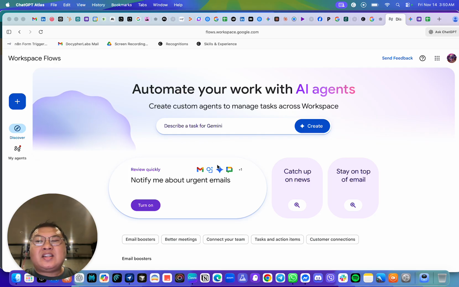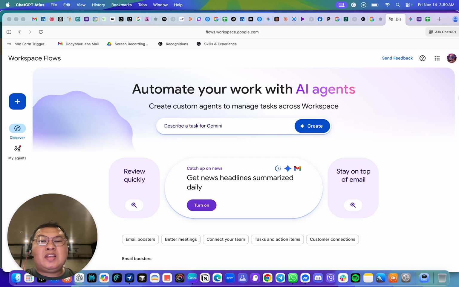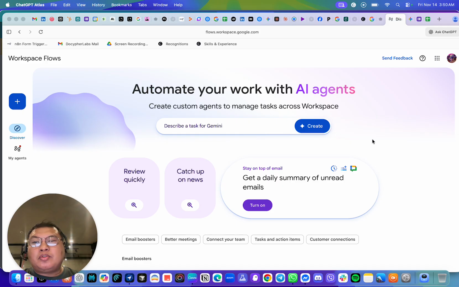Now, you can see the interface right here, it's designed to be simple, intuitive, and more visual at the same time. So instead of just simple if-this-then-that rules, it allows you to build and deploy smart AI agents powered by Gemini. These agents can understand context, manage multi-step processes, and connect all your Google apps like Gmail, Docs, Sheets, Drive, Chats, or you can also integrate third-party applications using built-in third-party integrations or even webhook integrations